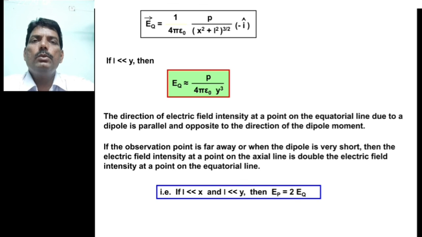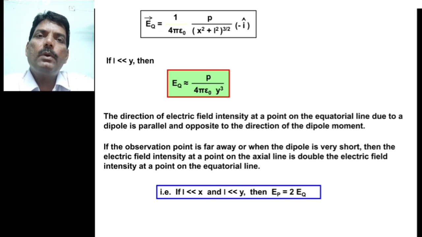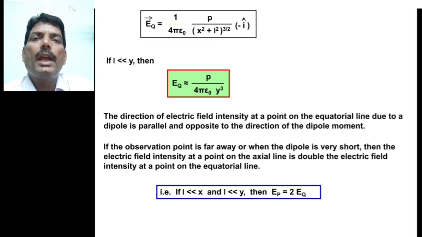I hope these points, electric dipole and electric dipole moment, and the strength of the electric field along the axial line and along the equatorial line of the dipole, are clear. They are very important as far as your CBSE examination is concerned. The remaining points we will discuss in the next lecture. Till that time, go through whatever topic I taught you today. Please note down all these things in your notebook, and try to revise how these equations have been formulated.